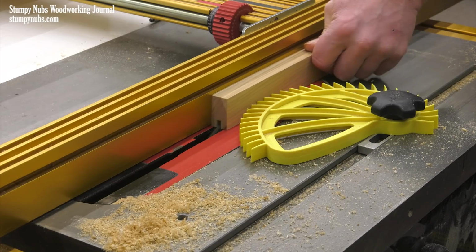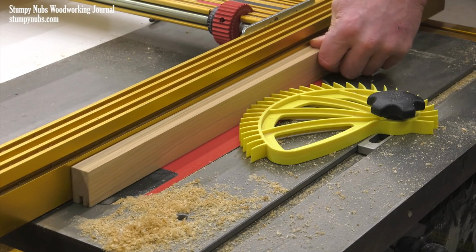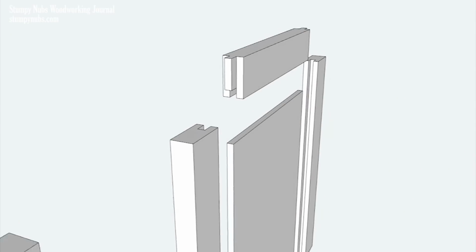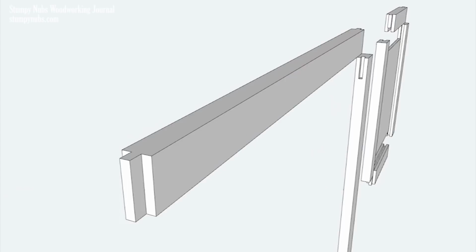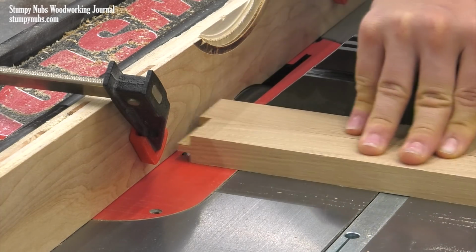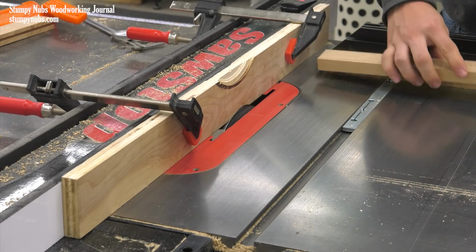A groove is plowed down the edge of each vertical stile and horizontal rail. This is all done with a single table saw setup regardless of the length of the piece. Now each horizontal rail receives a tenon on each end. Again, this is done with one table saw setup regardless of whether it's a short door rail or a long